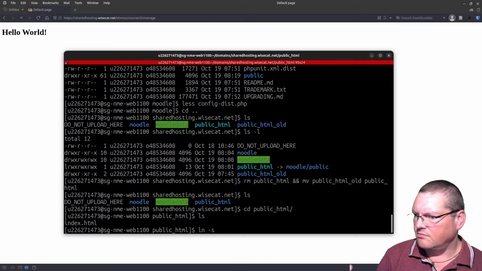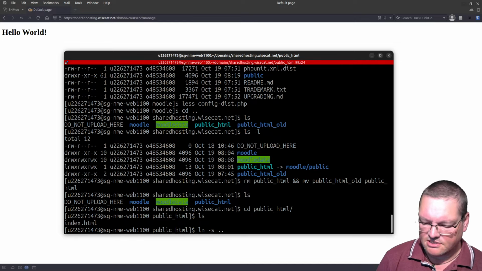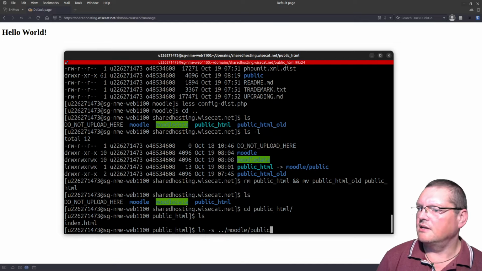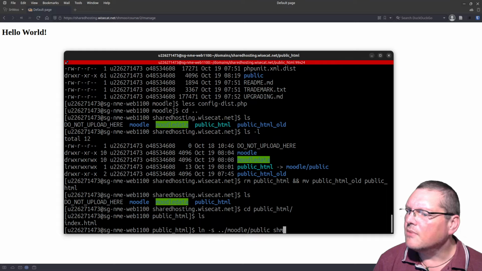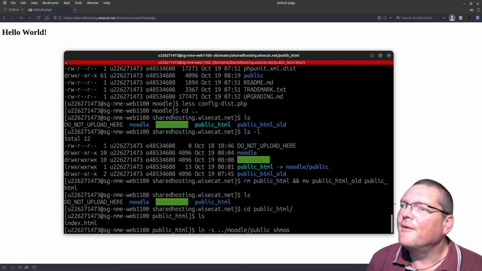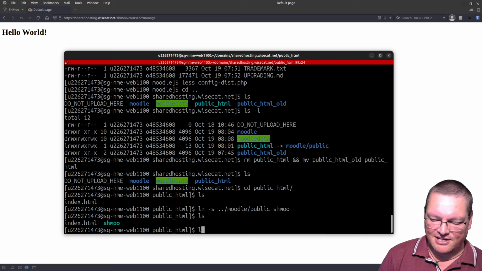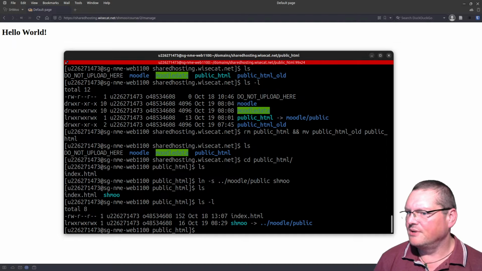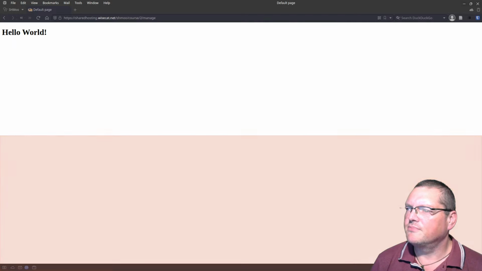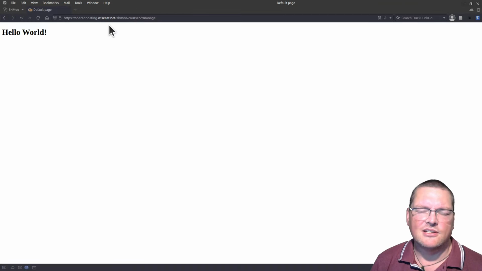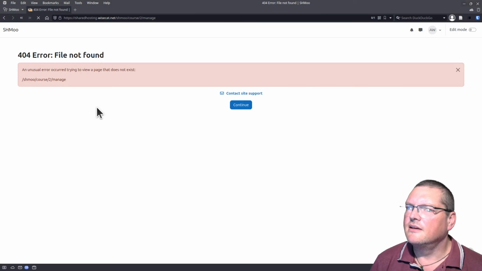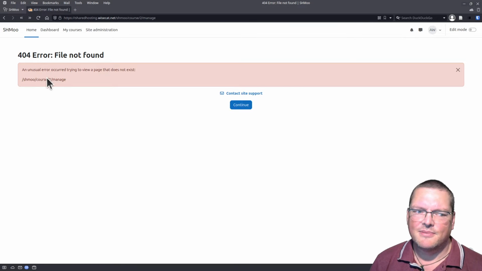ln -s, and what do we want to link? We want to link /moodle/public, that directory, and we want to call it shmoo. I've got to spell it right. Yeah, shmoo. Why does that feel wrong? All right, so now I've got my shmoo there, ls -l, there's my shmoo, and let's have a look and see if that works. It probably won't with the course to manage, because that's a 404, because we don't,